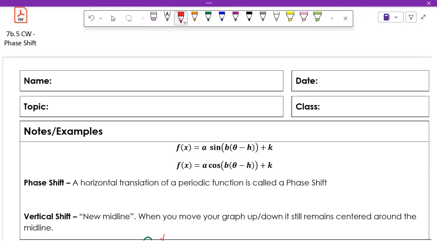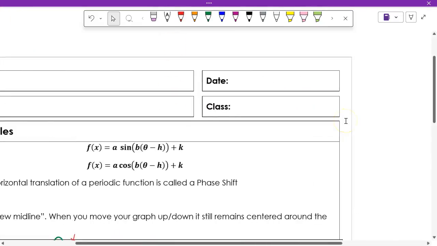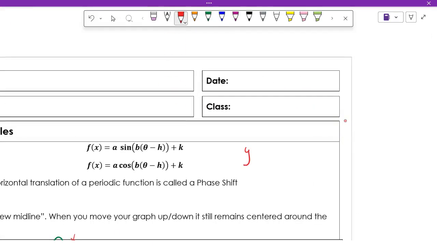So it's the opposite of h whenever the b has been factored out. Let me just give you an example. If I'm looking at a function like this, y equals cosine 2 theta, no, I'm going to factor it out, plus pi. And I have that. This right here, I can look at this and we should understand that, remember, phase shifts,